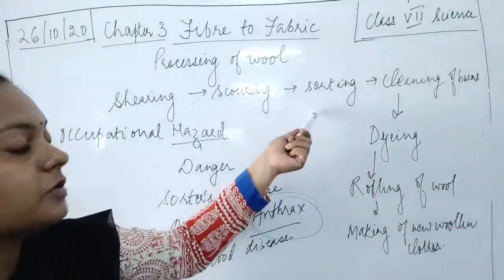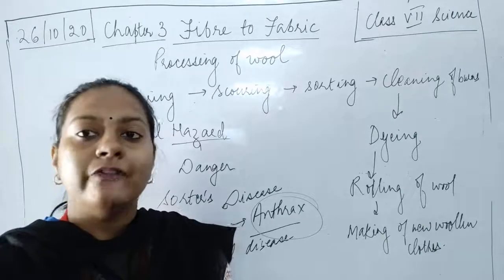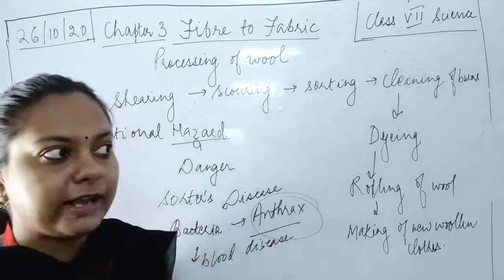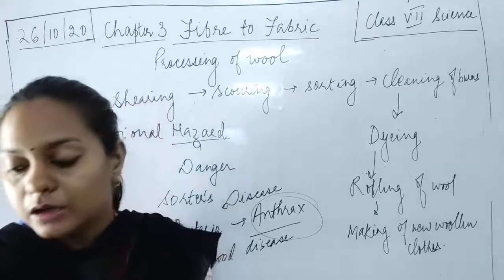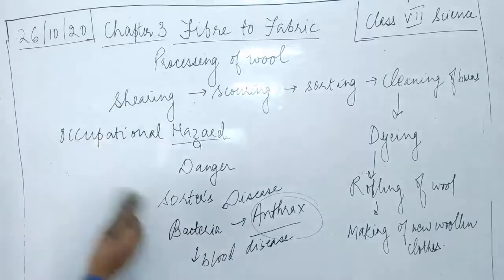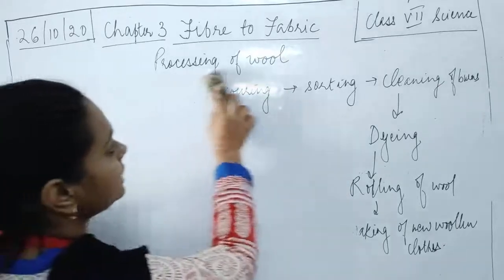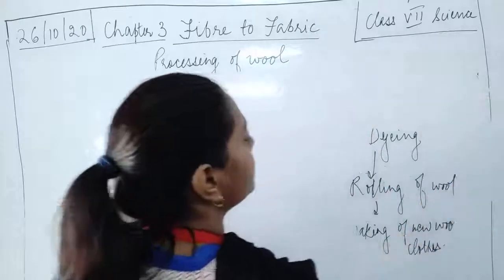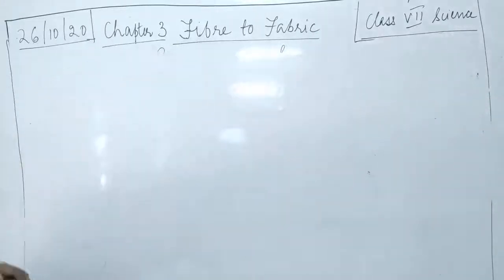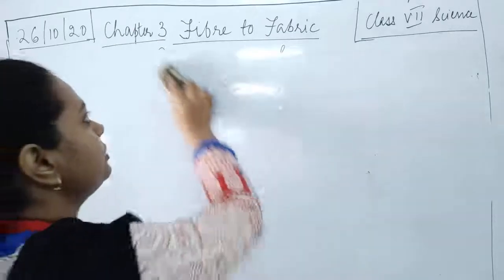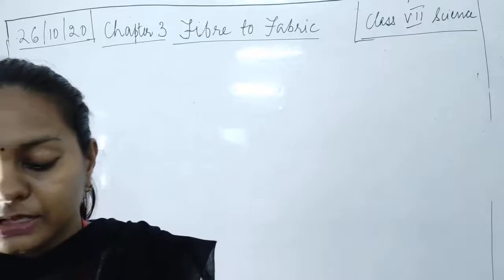If they are doing sorting, again they are in contact with the hair of the sheep directly. Now, if the sheep is infected, it is going to transmit its infection to the human beings who are working in the wool industry. So this is what is known as the occupational hazard. Now, if you have to define the word occupational hazard, children, how can you define that? It is a danger which is being caused